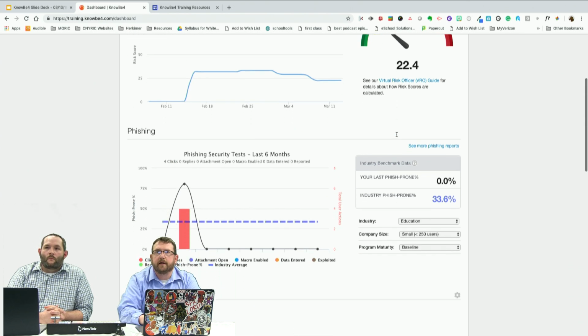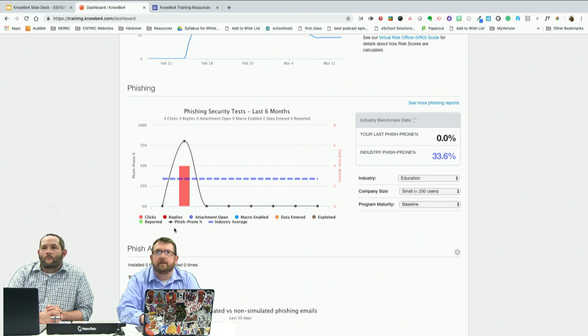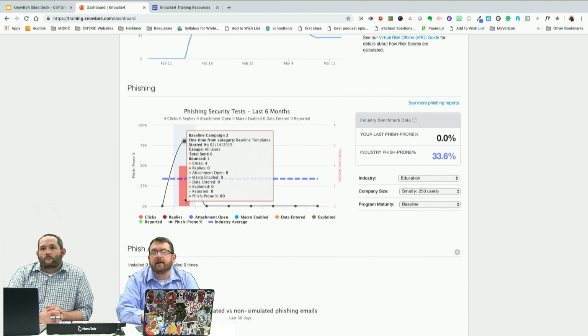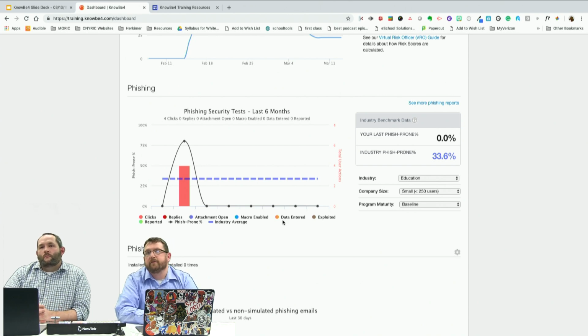So if we scroll down a little bit, you can see right out of the gate here, it breaks it down into a lot of different graphs. In this case, everything flagged in pink, so everybody that was kind of an offender in this case, they ended up clicking on a link inside the email. But you can see if they replied to it, if they clicked on an attachment that went through the email, if there was a macro enabled, or if there was an online form that was sent out and they entered data into it. Every one of those things will register within this software,